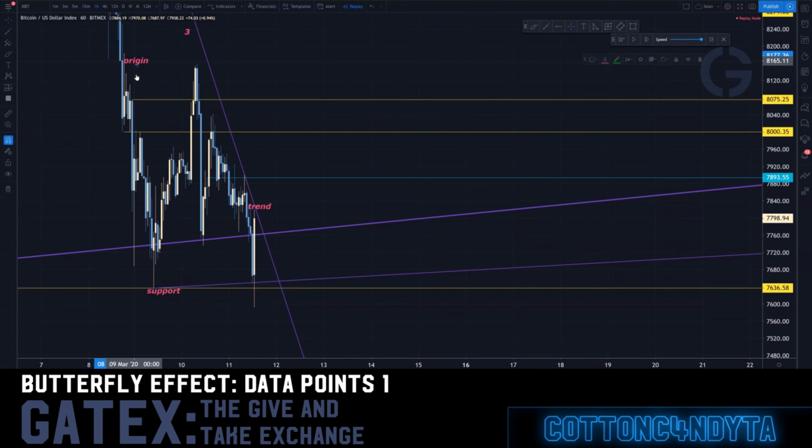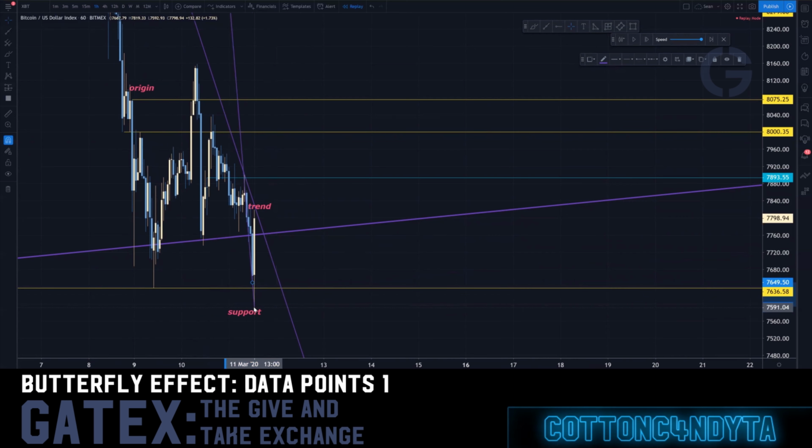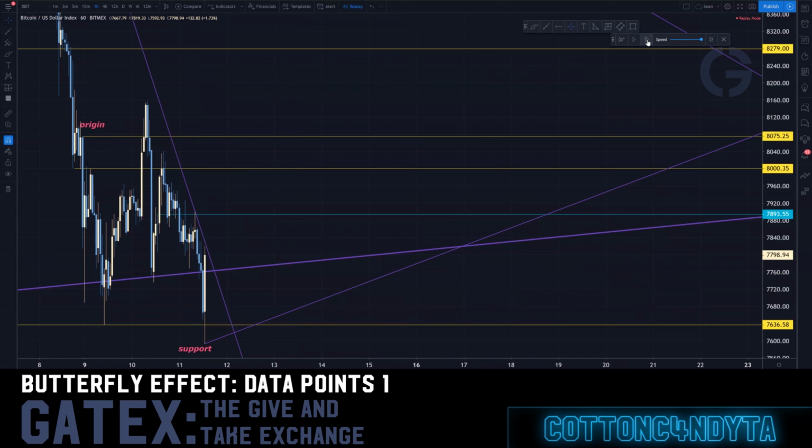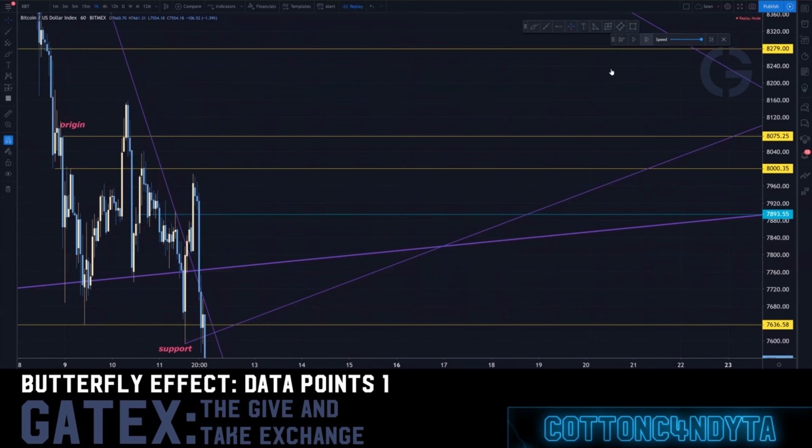This origin level is still there. That's fine. This is no longer a 3. There is actually support now here. So actually now we have to kind of move this to here, right? Now we have to make a new trend, a new 3. We actually don't have any of that. What we have is just a single origin level, right?